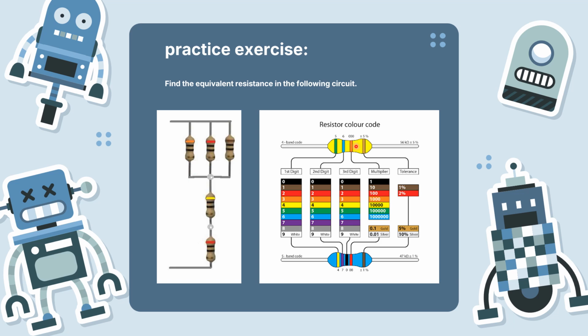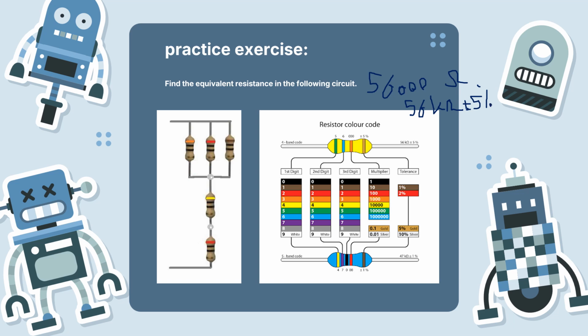So we should put 000 there. And the last color is gold, which shows the tolerance value. So the tolerance is 5% here. So we have 5, 6, 0, 0, 0 and 5% tolerance. It shows 5, 6, 0, 0, 0 and it means ohm. And we can say we have 56 kilo ohm with 5% plus minus